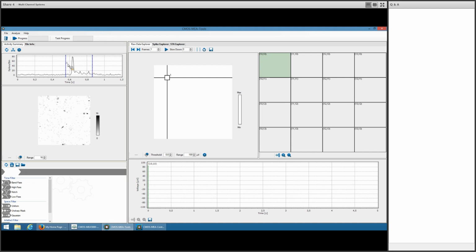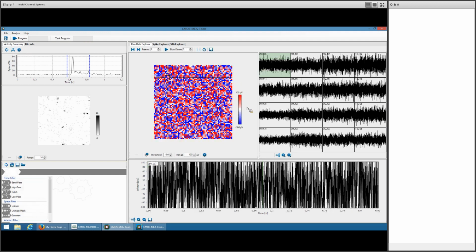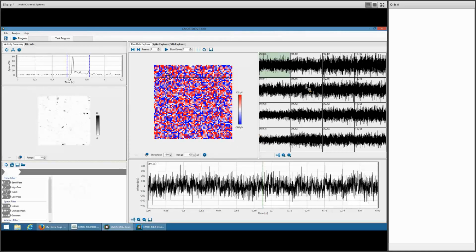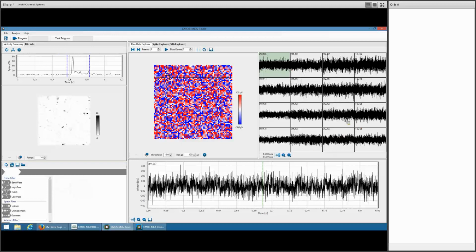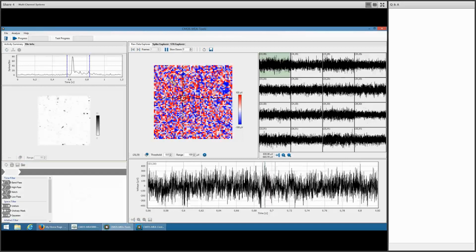So of course I choose that area here where I have most activity, and then I load that selected data, and now I get again the same color-coded data display that you've seen before. And down here I have again the raw data within the region of interest and one zoomed in channel. So now I can review the data,